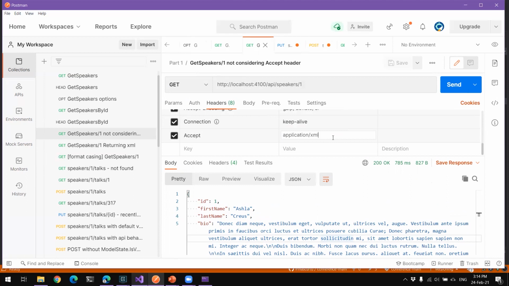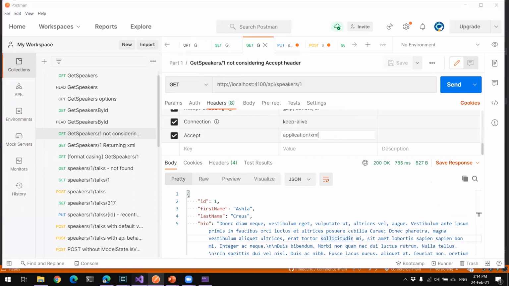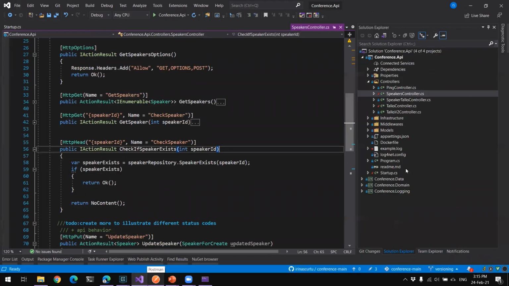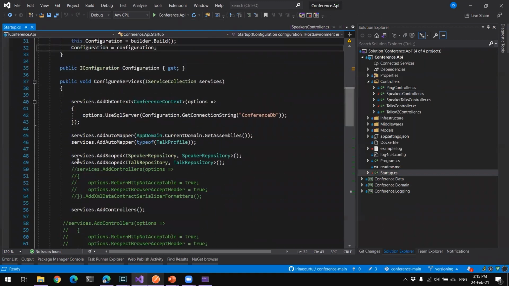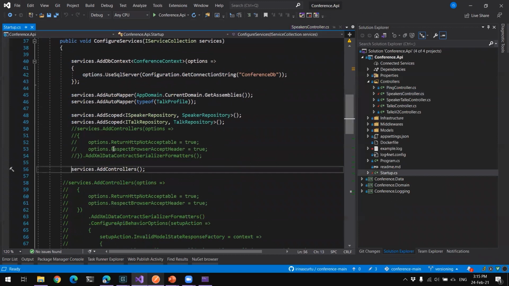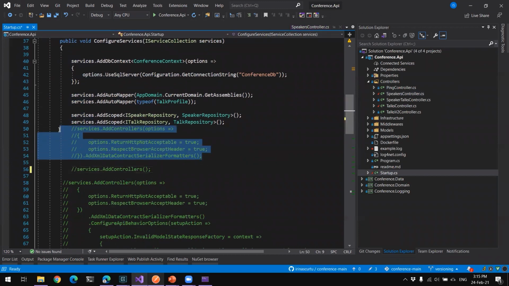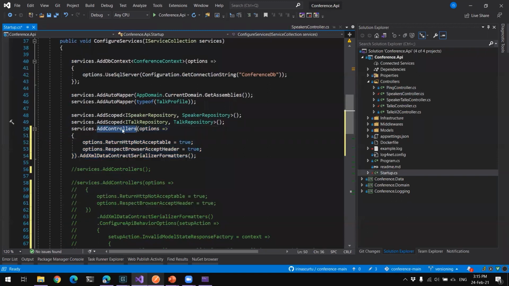Right. So maybe you also want to write XML, right? If you want to write XML, you need to go ahead and tweak this and make .NET understand that you want to respond with the proper format that was asked for. So you can have in here AddControllers.